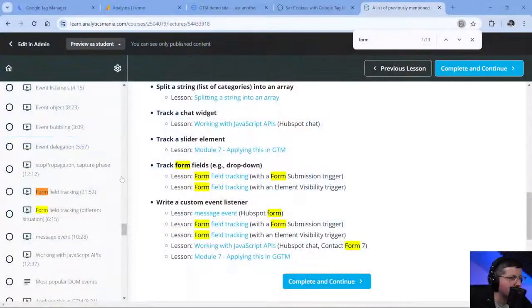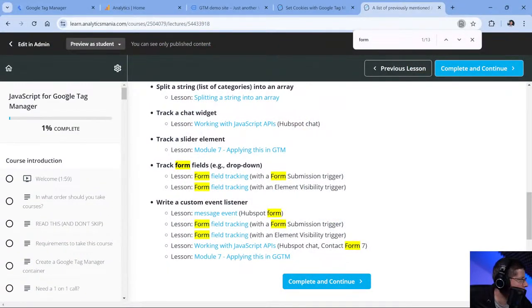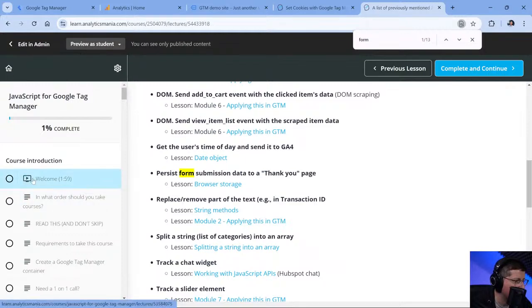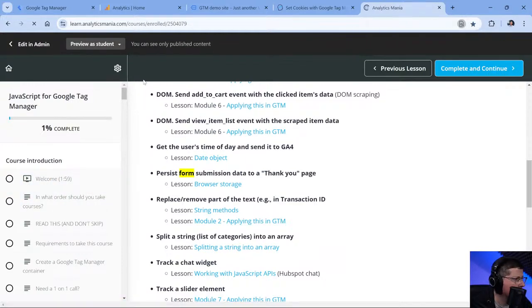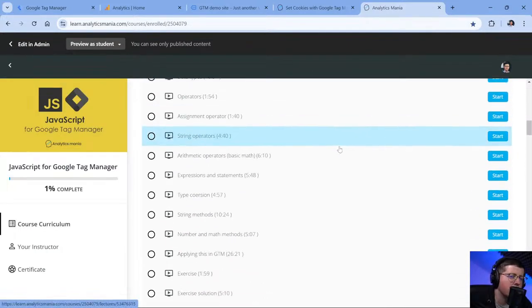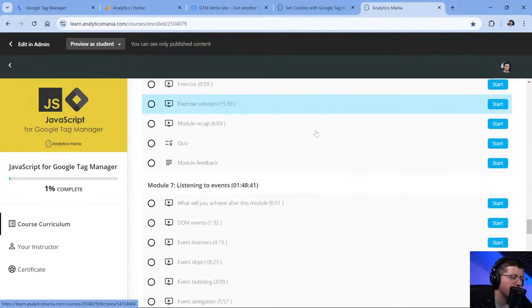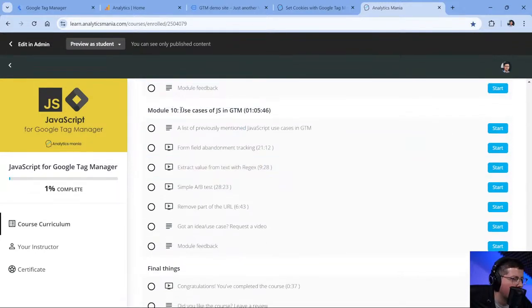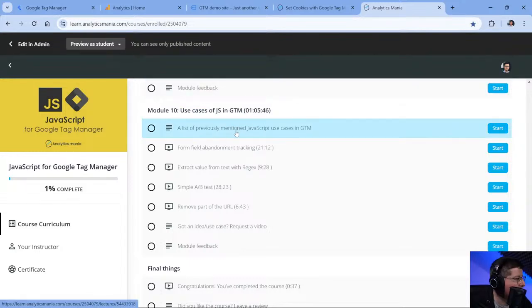All right. So in the JavaScript course, let me go to the homepage. In that course, for your convenience, in module 10, I think, there are use cases of JavaScript in Google Tag Manager. And then I have a list of previously mentioned JavaScript use cases,